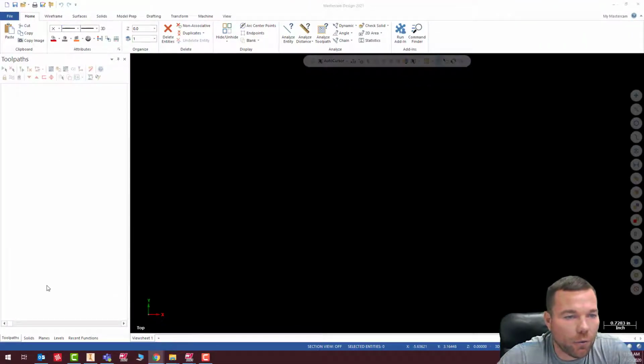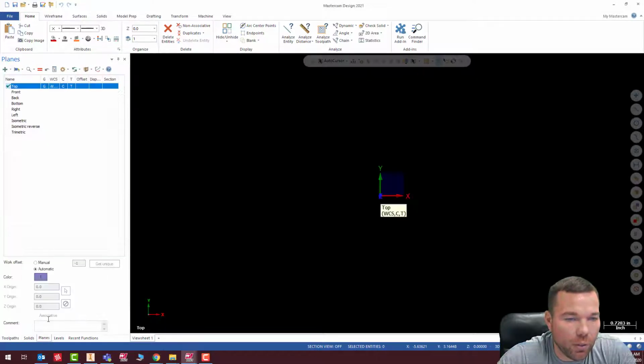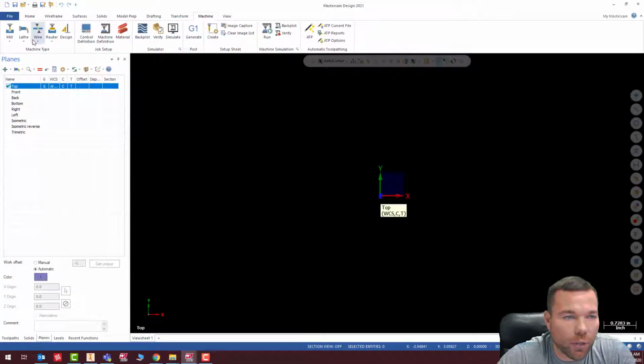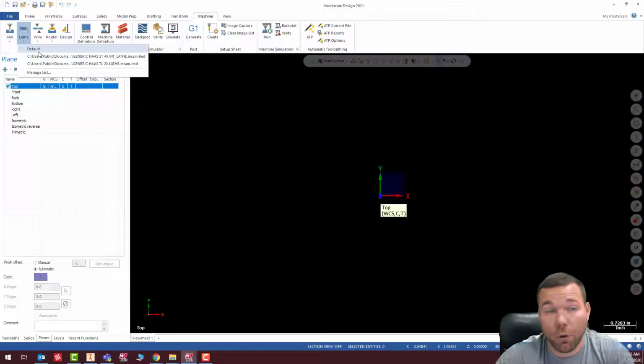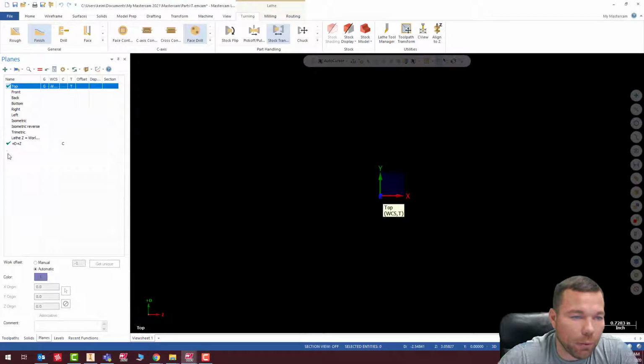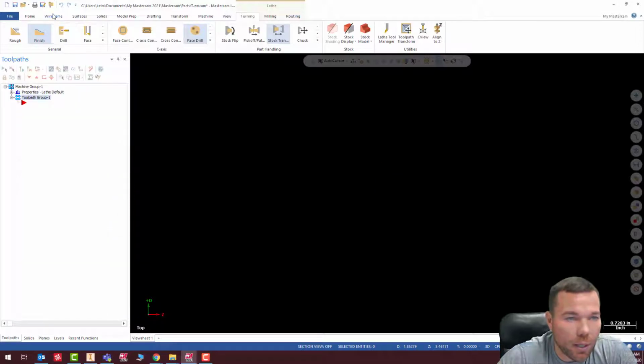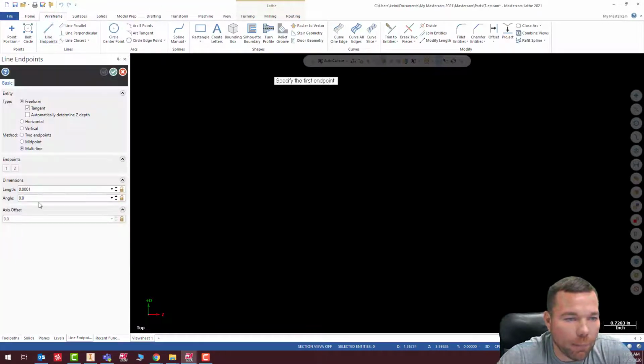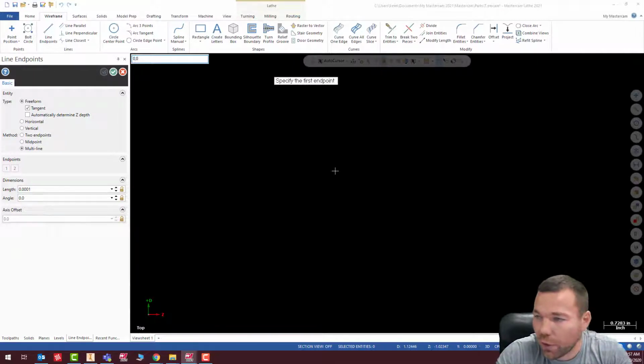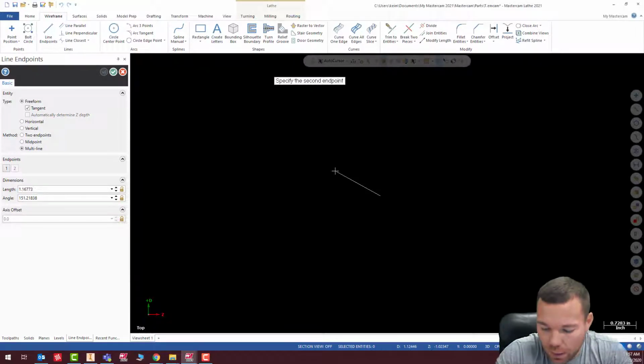Okay, so first thing I'm going to do, of course, as always, is select my machine and select default, because I need a sub-spindle for what I'm going to be doing. I'm going to select my DZ plane and hit equals. And I'm going to start drawing my part with my line endpoints. I'm going to start at 0, 0, enter, 0.25, 0, enter,